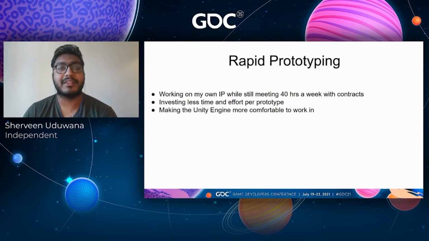So that's my main takeaway from this: making things easier, making it take less time to do things, makes it easier for me to throw things away, for me to follow different directions. And ultimately, putting the code library in made the Unity engine, which is what I was working in, more comfortable to work in. And I think that's the main thing we should be trying to do, especially if you're a solo developer, you don't have a ton of support.